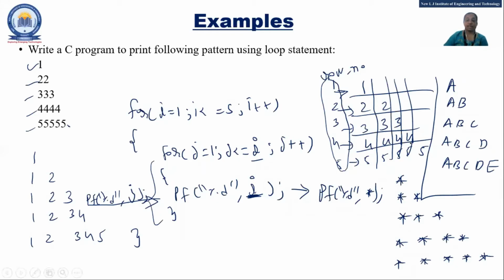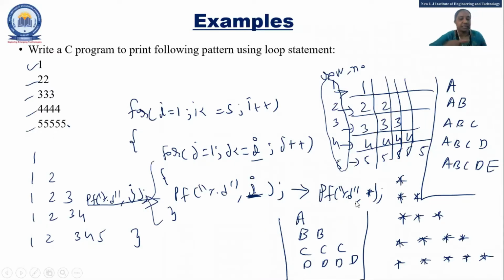Or it may be like this also. Here I am writing A, B, B, C, C, C, D, D, D, D, and E, E, E. Right? It may be like this also. So just you need to change what? Printf, and some other logic is required for alphabet. So that we will see, right?